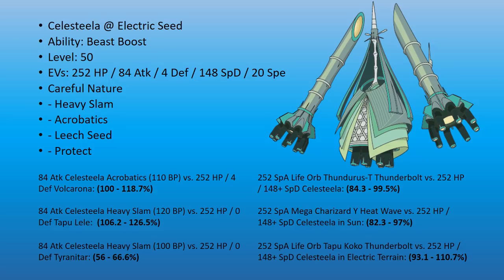Because of the Electric Seed boosting the defense, you don't need any defense investment, so pretty much just dump the rest into special defense. I do outspeed base 100s in Tailwind, and then all into special bulk, and that lets me live a Life Orb Thundurus-Therian Thunderbolt, and I didn't actually calc for that. I did dump the rest into special defense, so I had max HP after hitting the speed and attack. It ended up hitting the bump in the EVs, which is really nice, and it got the Thundurus survival,